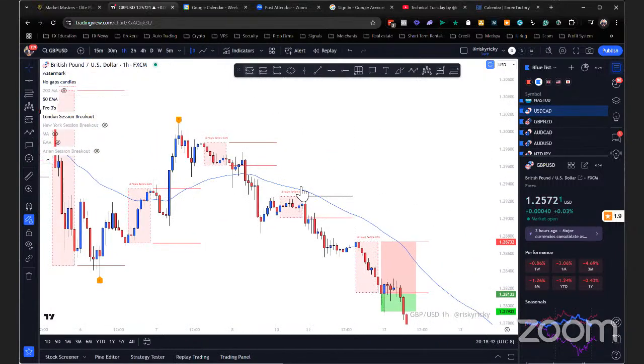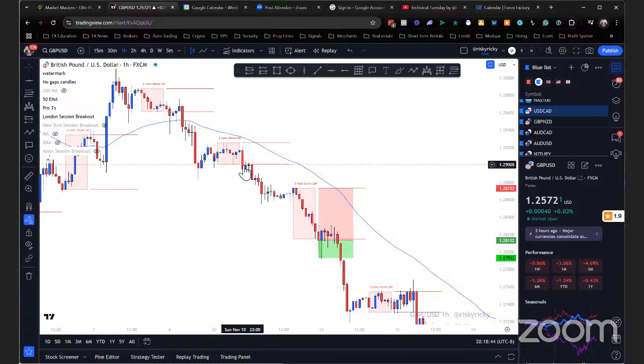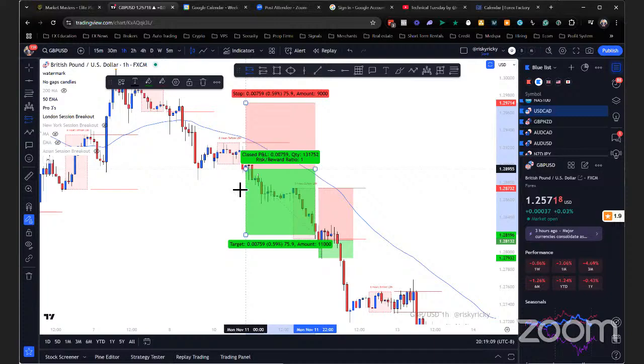So here's another area where there's a London session open right there. The 1 hour candle comes down. You don't get in right when it drops down. You want to get in when the candle closes. There could potentially be a wick that happens here and then it pulls back up, so you want to make sure that it closes there. And when it closes, you get in for the sell right when it closes.